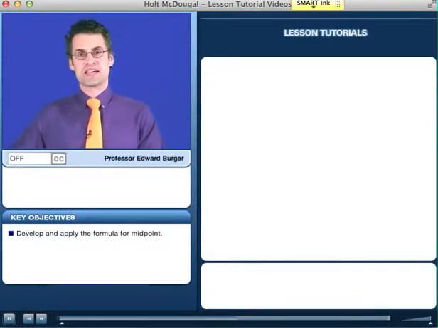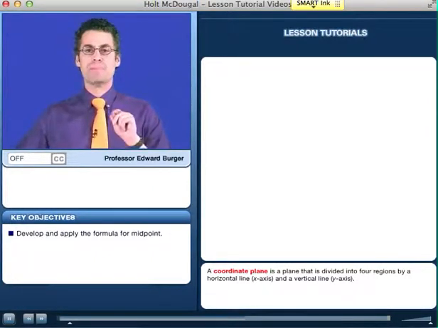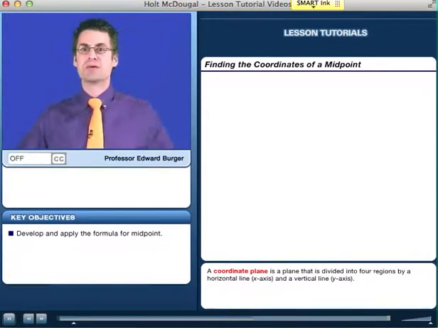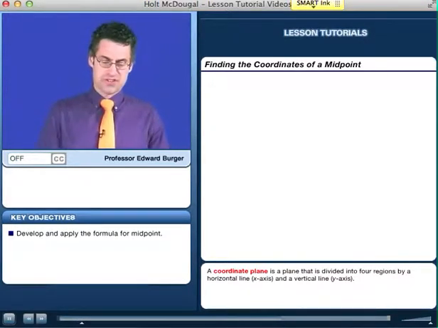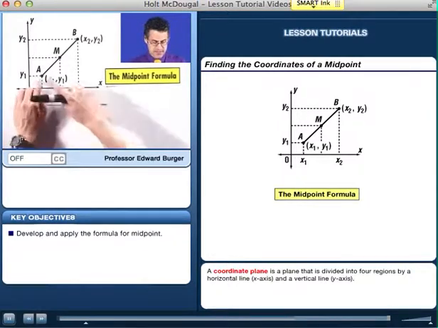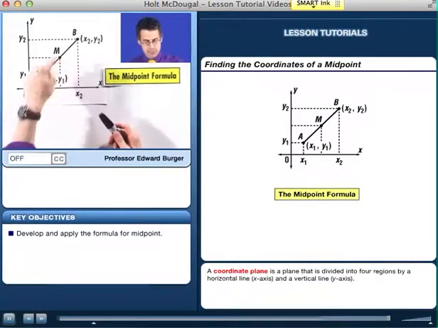Suppose you have a line segment in the coordinate plane, and you want to locate the coordinates of the midpoint, the point that's right in the middle of that line segment. It turns out it's really easy if we just look at the situation. So let's take a look at this line segment AB, and I want to find the coordinates of that midpoint